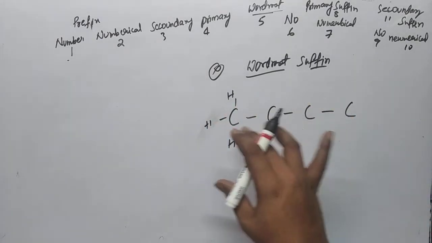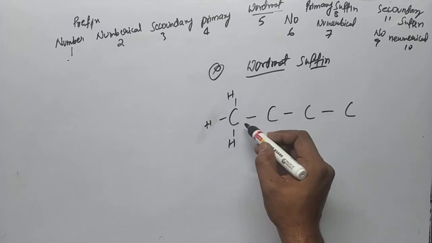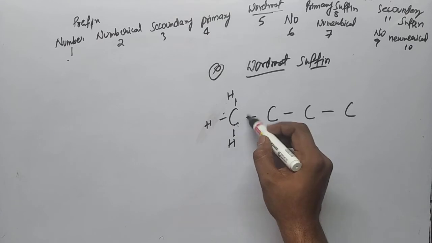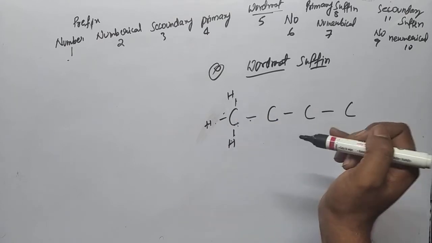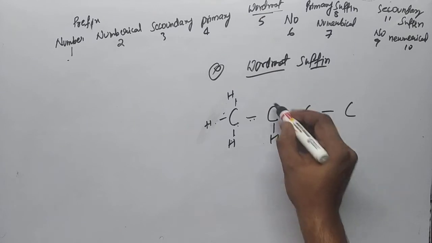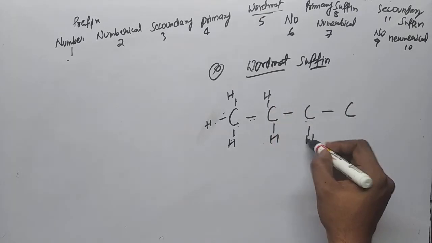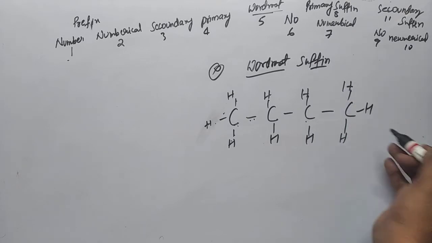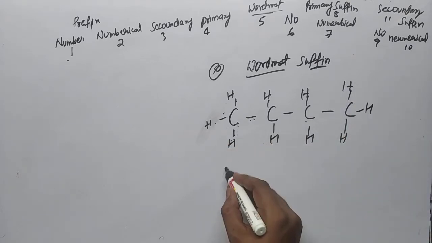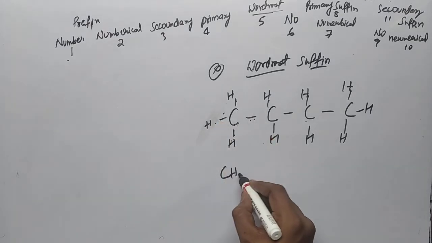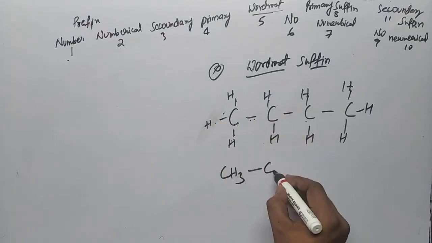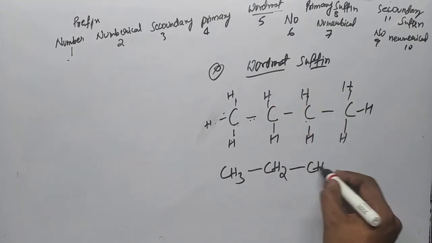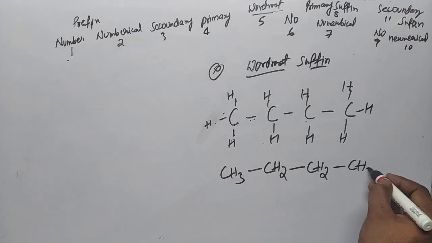That means wherever there is carbon, there will be hydrogen. Here one carbon forms a single bond, and the remaining 3 bonds, since carbon is tetravalent, 4 bonds are needed. So the remaining 3 must be hydrogen. For the next carbon, with 2 bonds to carbons, the remaining 2 are hydrogen. So if you write the formula: 1 carbon 3 hydrogen, CH3, again single bond, then CH2, next CH2, next CH3.